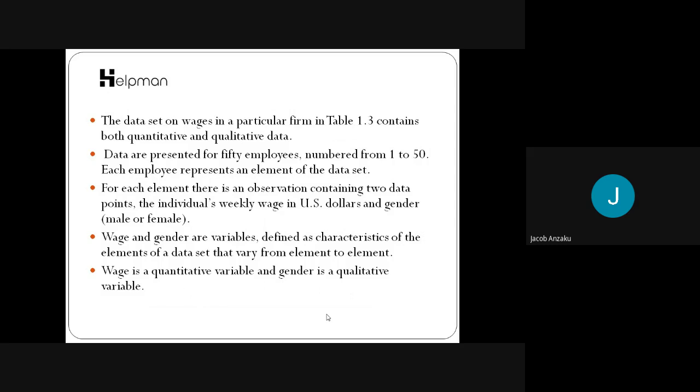Data are presented for 50 employees numbered from 1 to 50. Each employee represents an element of the data set. For each element, there is an observation containing two data points, which are the individual's weekly wage in US dollars and the gender of the individual, which is either male or female. Wage and gender are variables defined as characteristics of